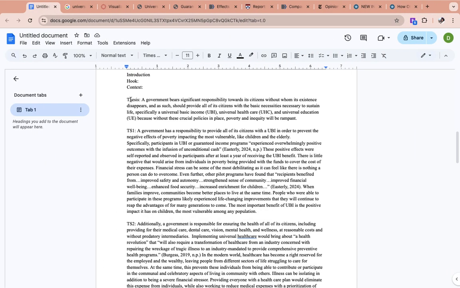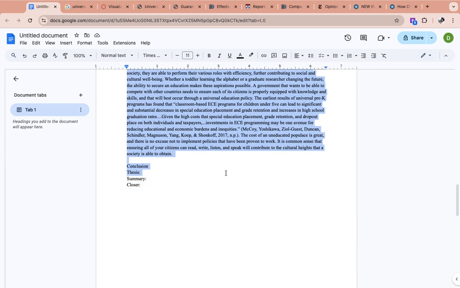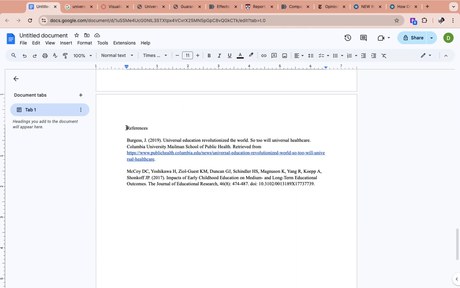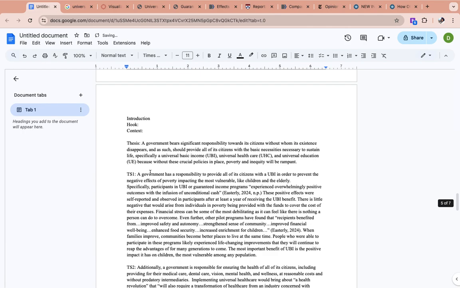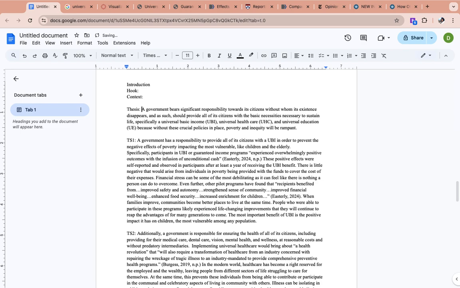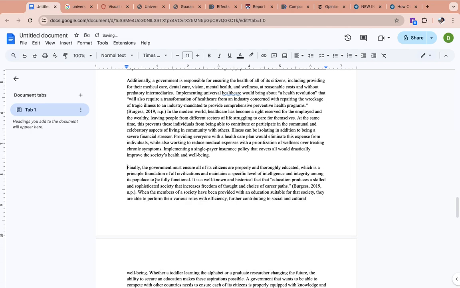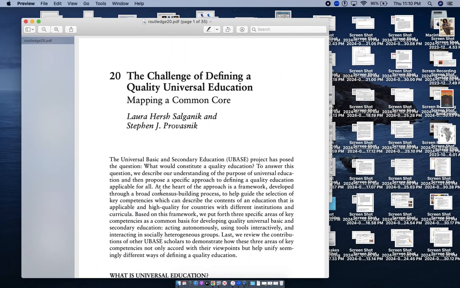So that's basically just putting this all together and getting rid of the placeholders. All right, so let's see. Okay, and then